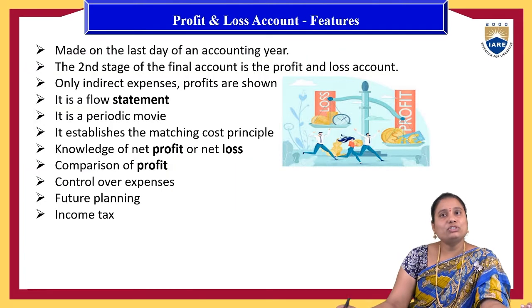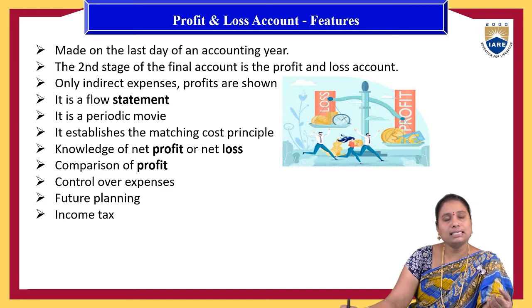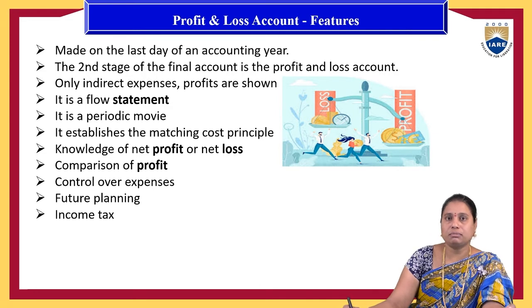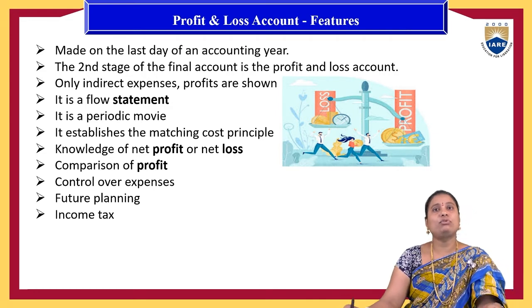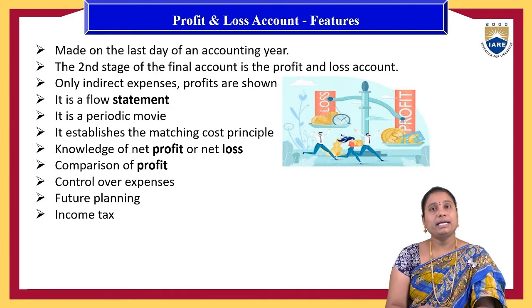If we see these features of this profit and loss account, it is made on the last day of the accounting year, and it is the second stage of the final accounts. Here only the indirect expenses and the profits are all shown in the profit and loss account. It is a flow statement of cash inflows and outflows, and it's a periodic movement,